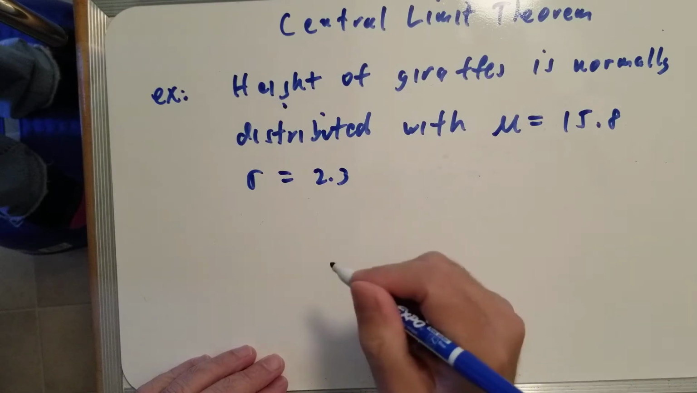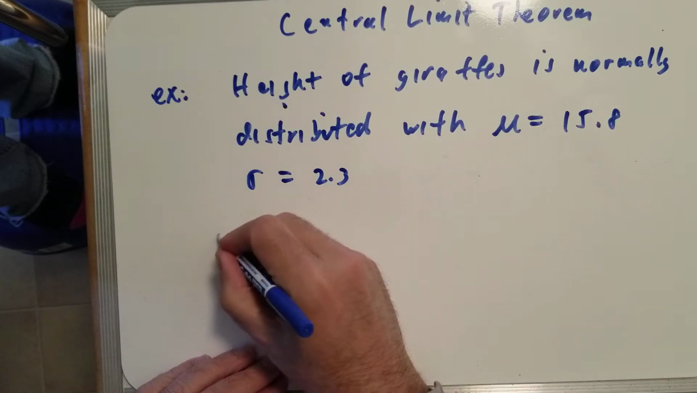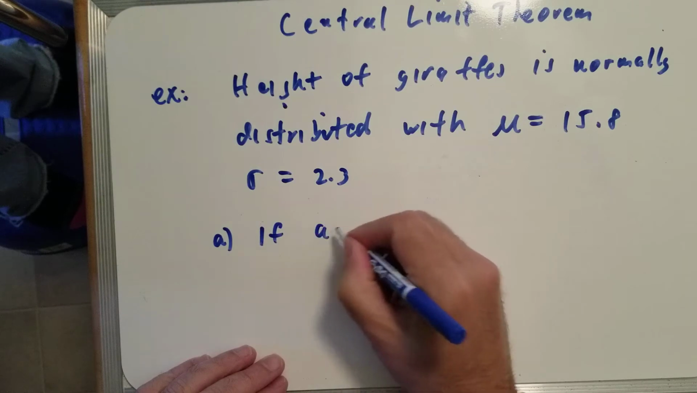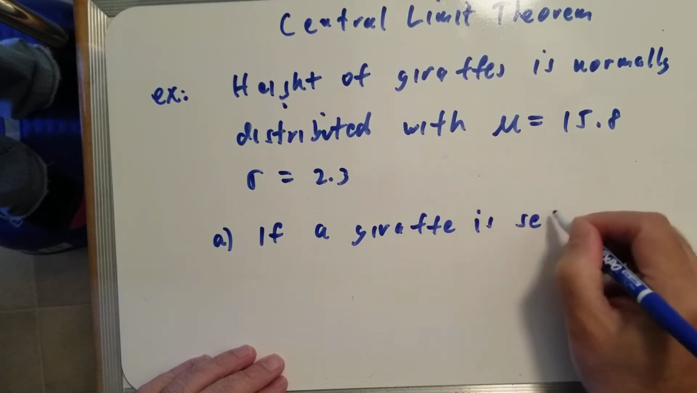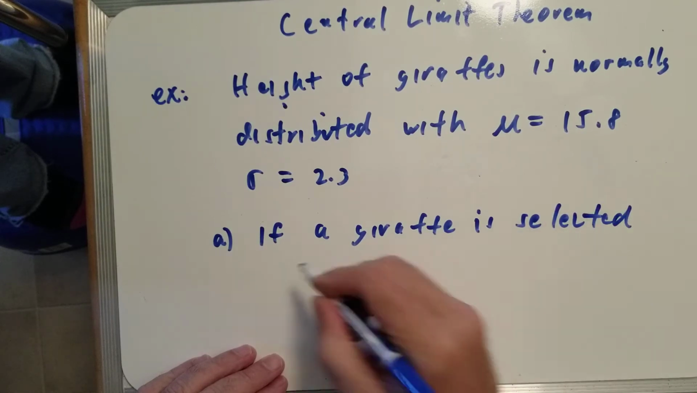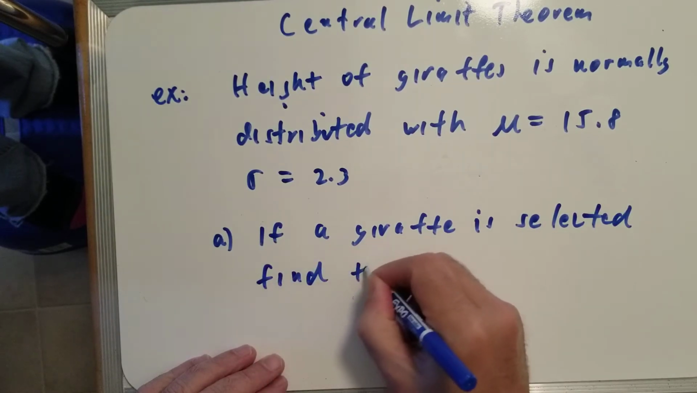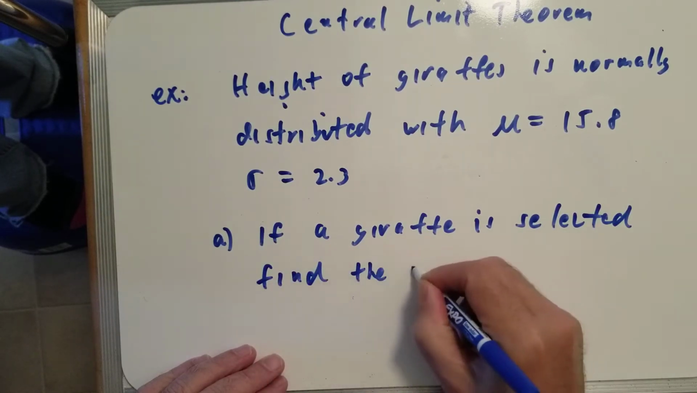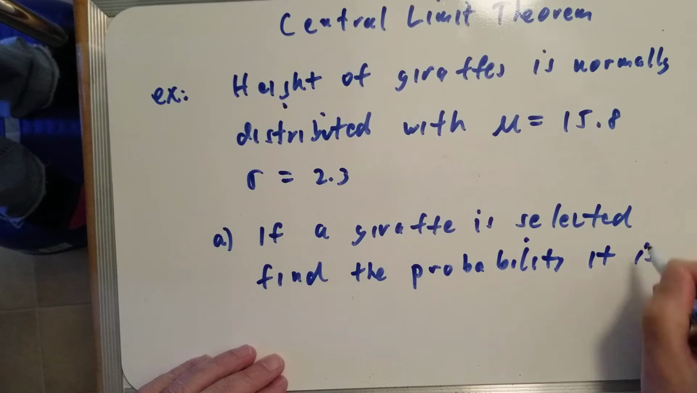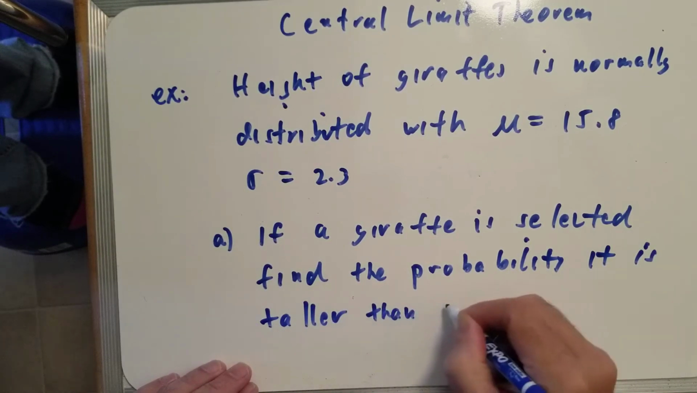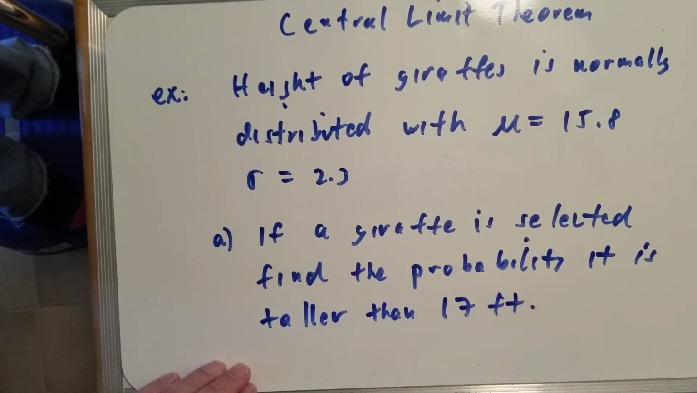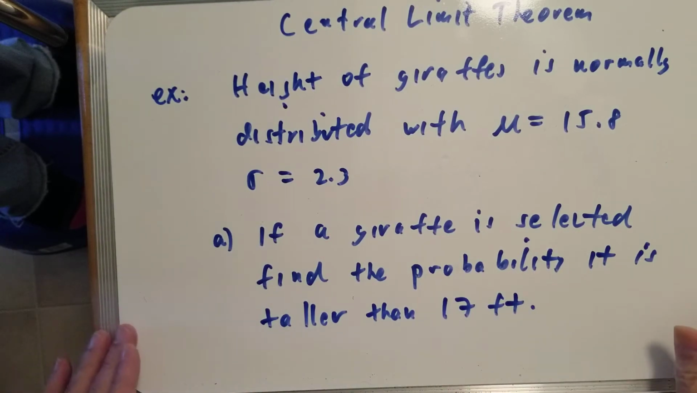So here's the question. Part A, if a giraffe is selected, find the probability it is taller than 17 feet. Okay, now this is the same kind of problem that we did before, and to do this on the calculator,